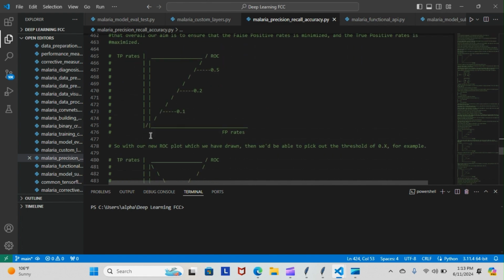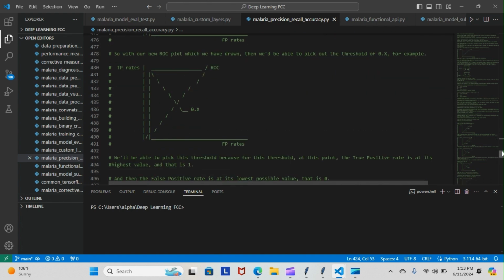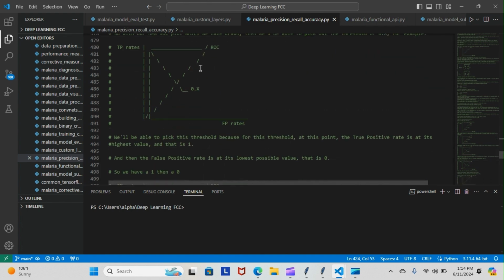So we have something like this. You can see here we still have our original line with our original thresholds, and then we have this new plot line here. With our new ROC plot, which we have drawn, we'd be able to pick out the threshold of 0.x, for example, x being unknown. That will give us something like this. You can see here we're drawing a line from our new plot line, and this is our threshold here, 0.x, the unknown threshold. We'll be able to pick this threshold because at this point